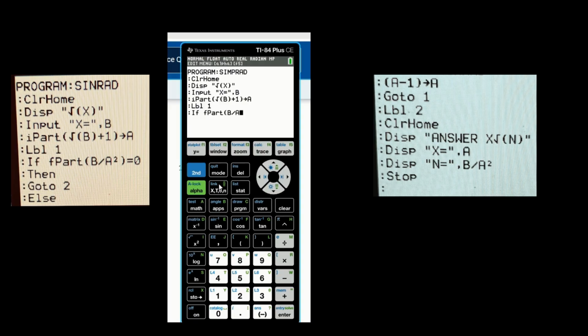Okay, then we will raise the A to 2. So this one is the x squared. And then close it, equals. So using the equal sign, we will not use the enter here, but we will press second, then math. This one here. So equals. Then we will just write 0. Okay, just write 0. And then hit enter. Okay, we're almost there.